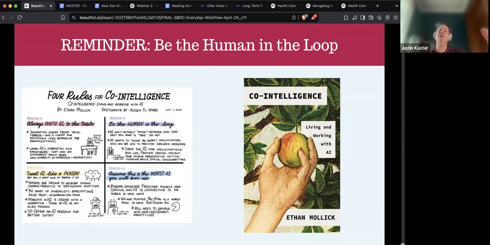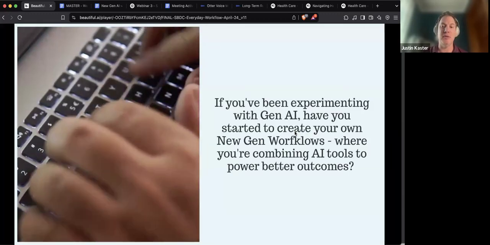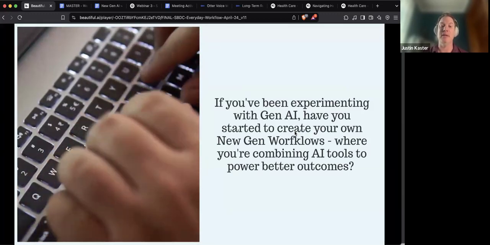And I'll just say that even in that process, coming back to these principles, being the human in the loop, I'm still injecting myself in on choosing which data to bring into the Notebook LM, making sure the prompt that was created is actually what I want to ask. I'm injecting myself in this process to make sure the information that I want comes out of it